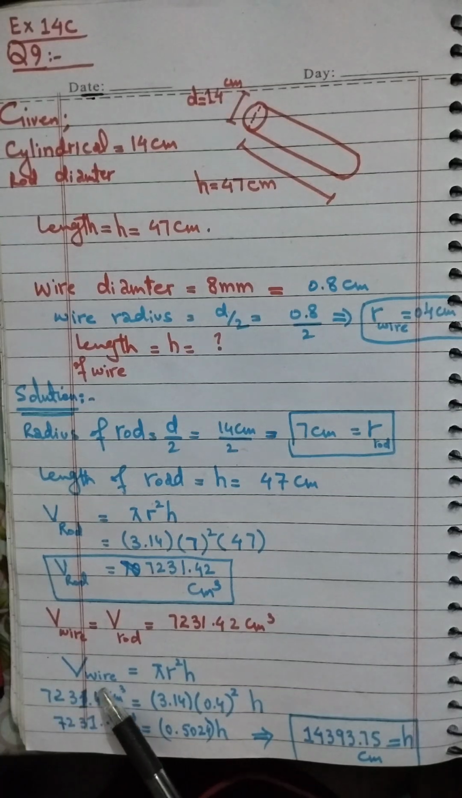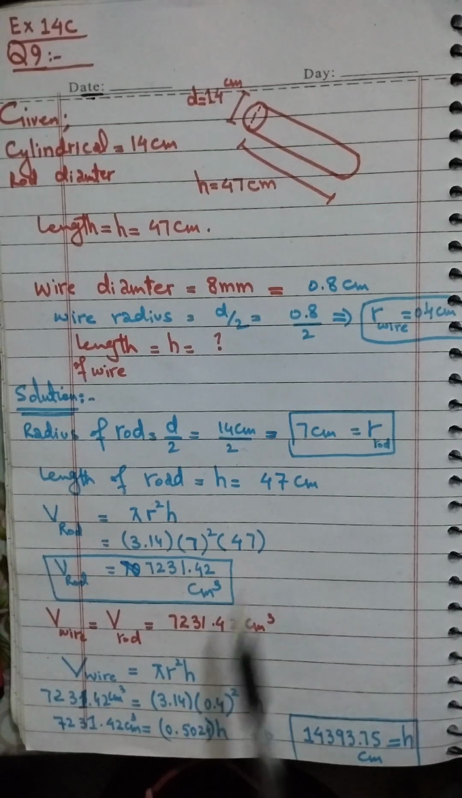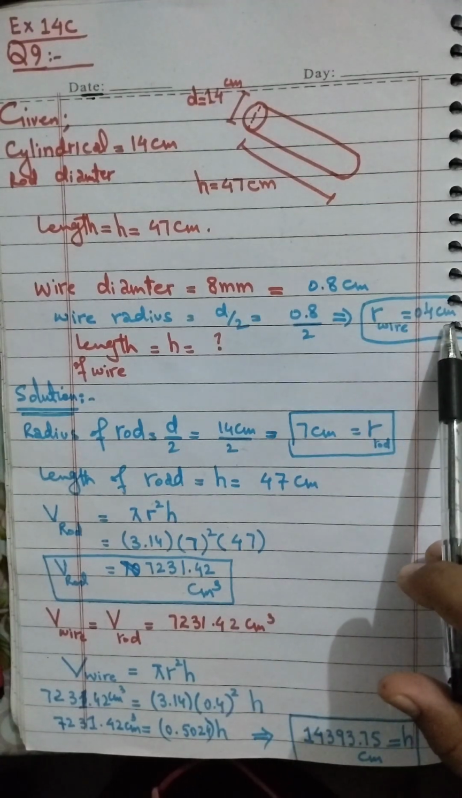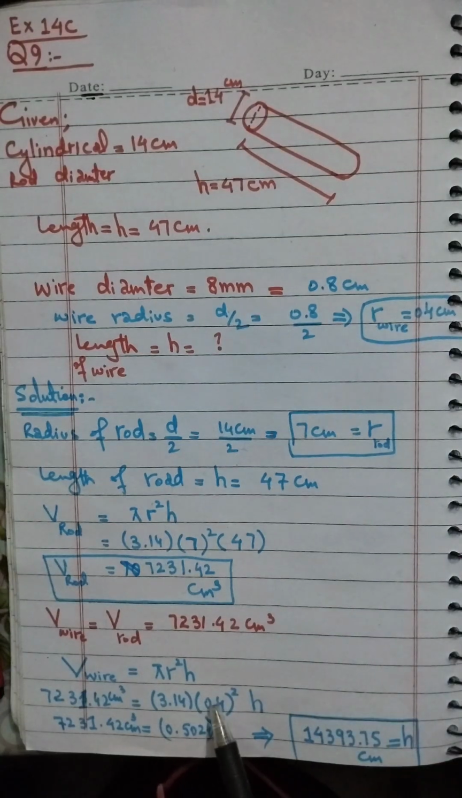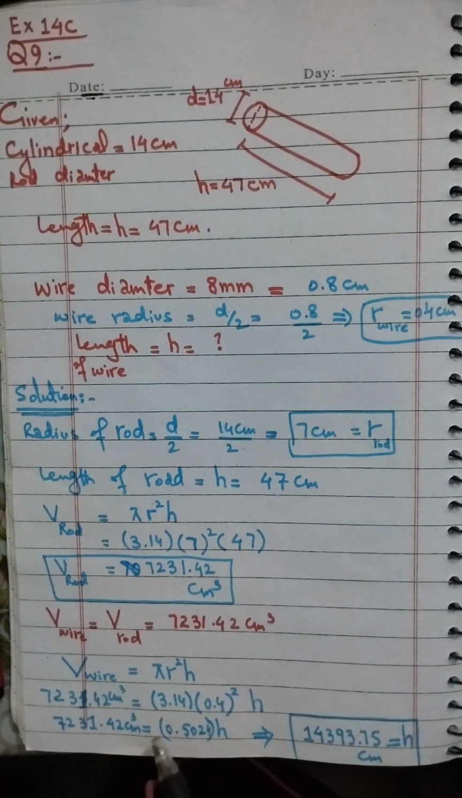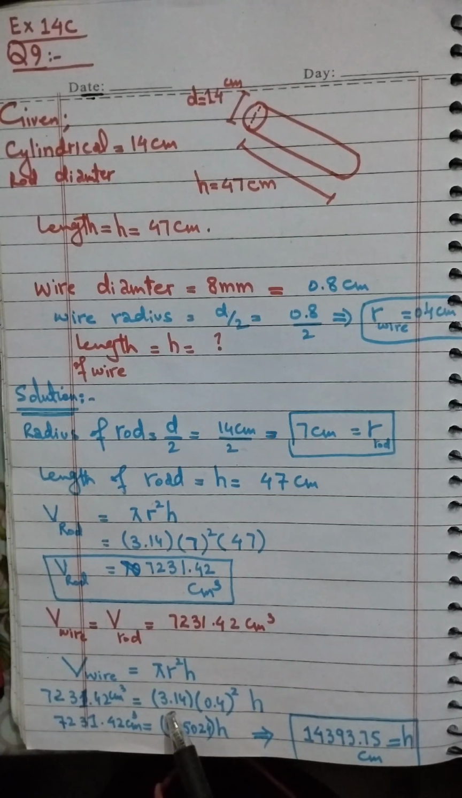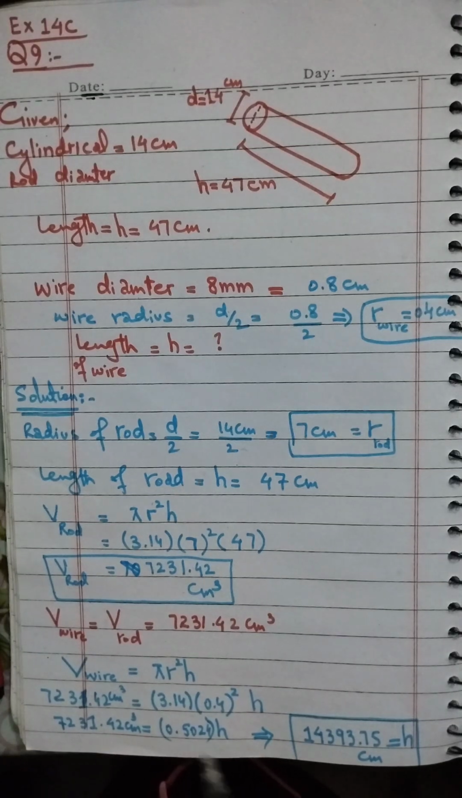Now we use the volume for the wire, which will be given by pi r square h. Here pi is 3.14, and the radius this time is equal to 0.4 centimeter. It's about the wire, so we will put the wire's radius here, and the height, which is demanded, we will write as it is. The square will be 0.16 multiplied by this. We got this one. Now for the next step, we have to divide both sides